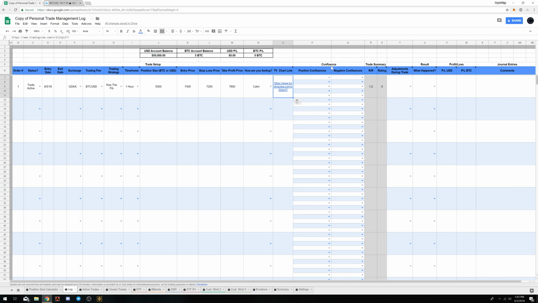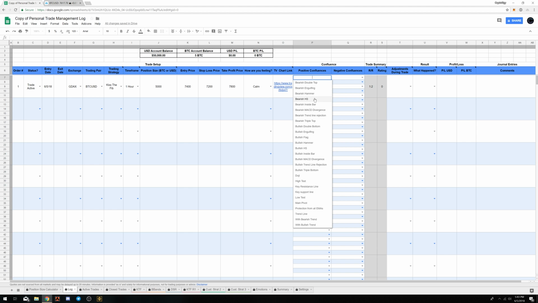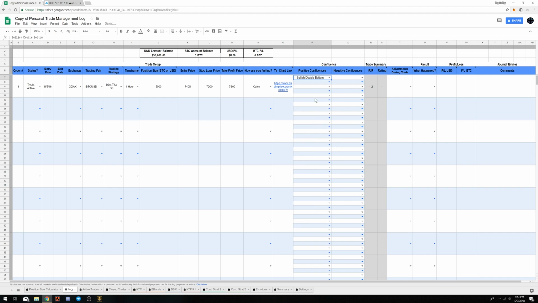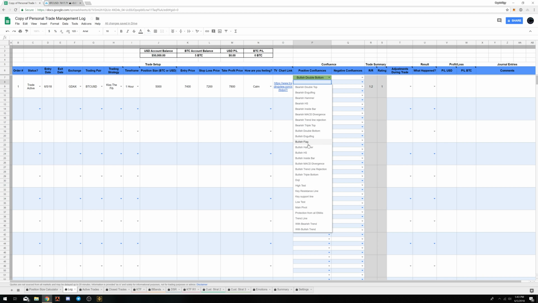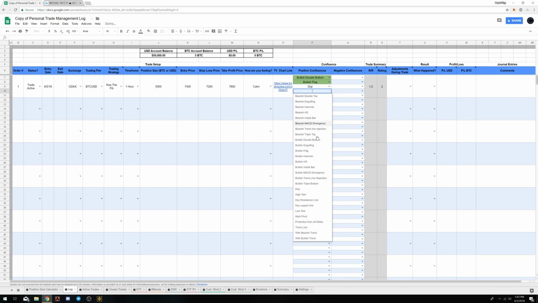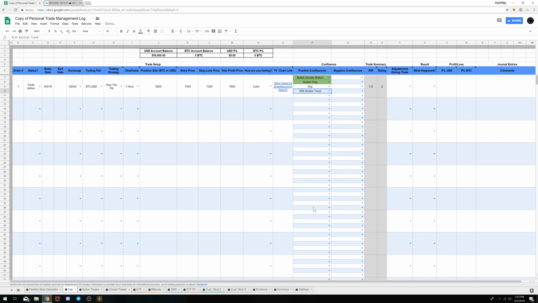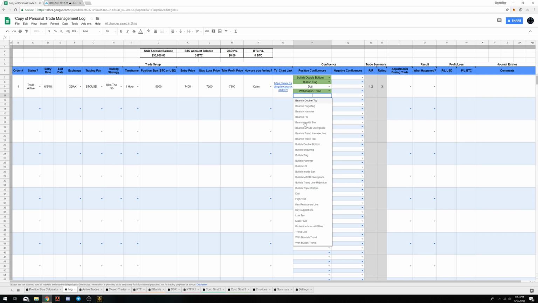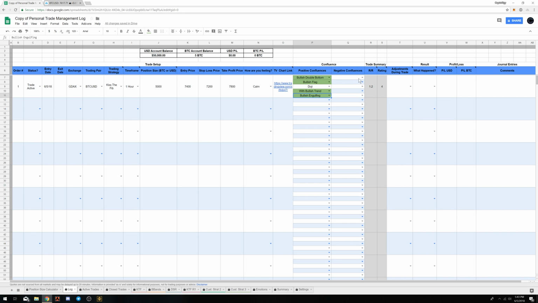And then confluence, this confluence zone. So I'm going long. We look at the chart and we see a bullish, a positive confluence. We see a bullish double bottom. We see a bullish flag, things like that. Bullish HNS. Whatever you guys, let's say doji, which is neutral. It's with bullish trend. You guys don't have to fill all of it up. What else? Bullish engulfing. Let's say we have all these positive confluence, and then we see